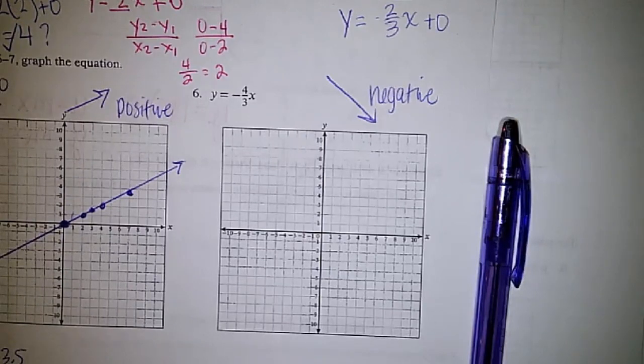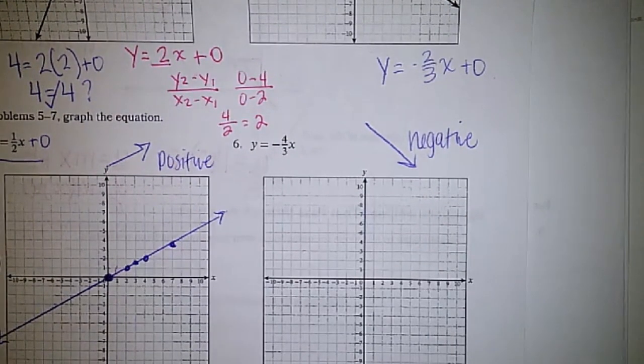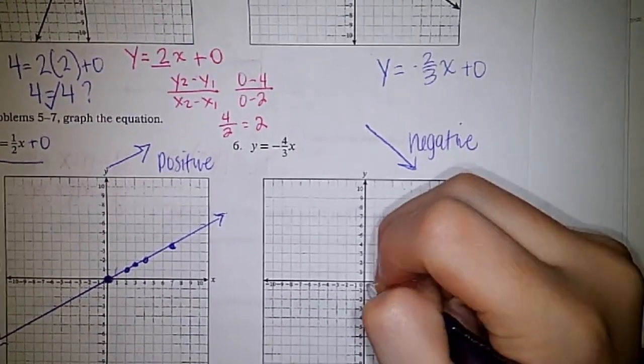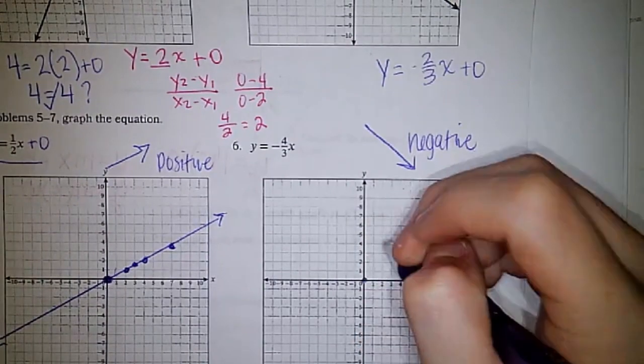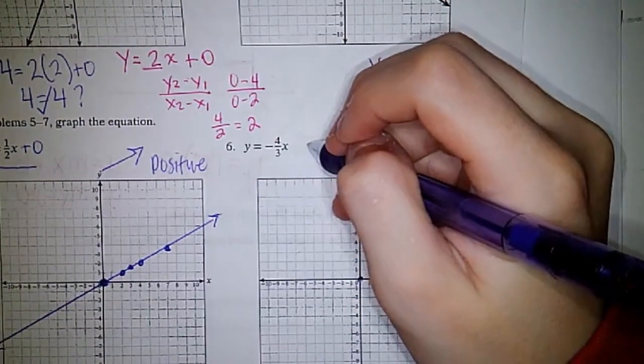Volunteer to go put it on the board. Go ahead, Cooper. You can sit if you want to. Can you explain why you're doing it, please? So where's our first point have to be? Our first point has to be at 0, 0. Why? Because there's nothing there. So if there's nothing there, then what? We start at the